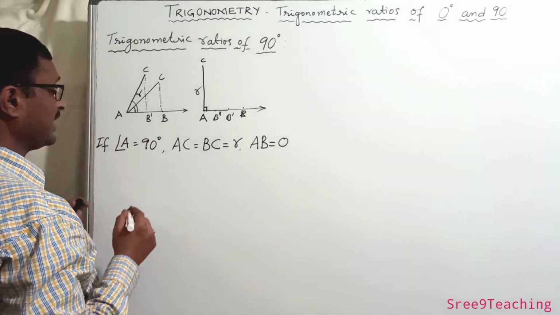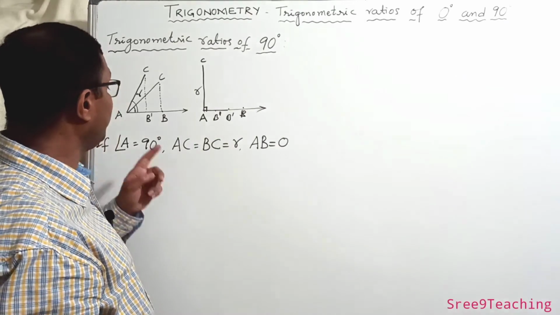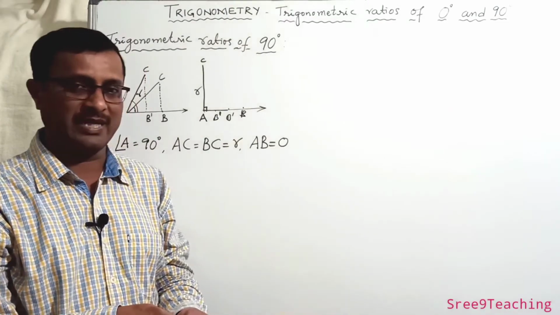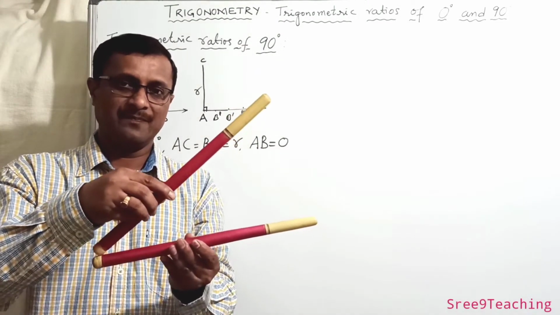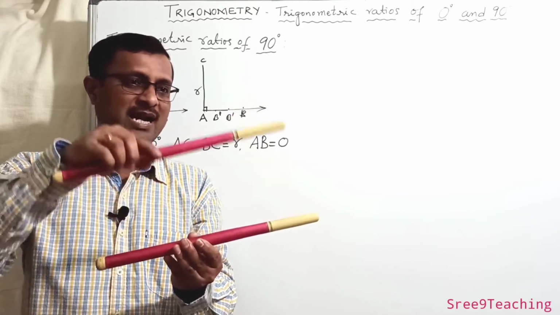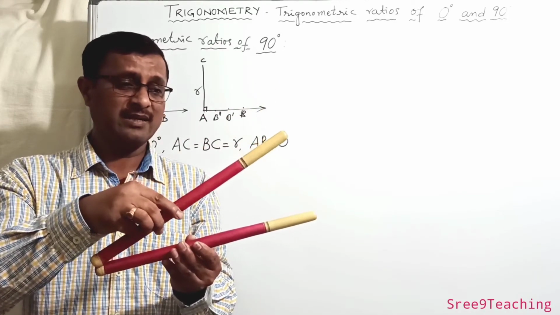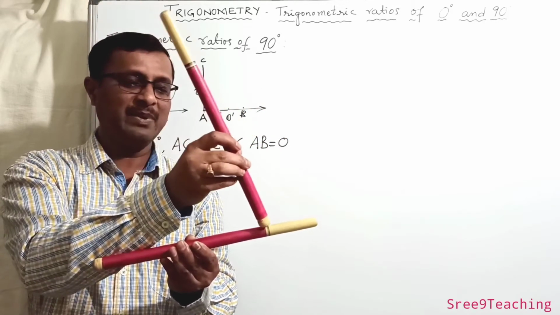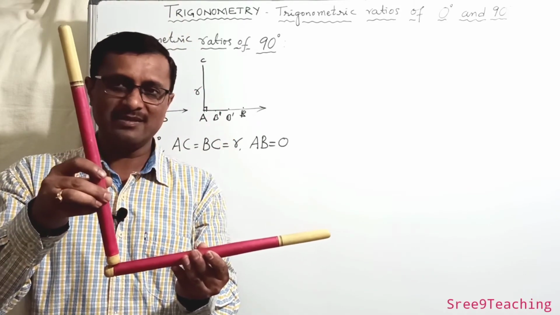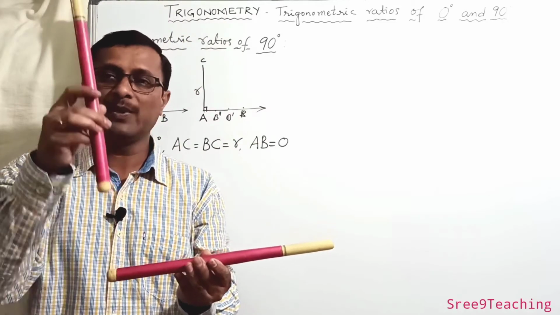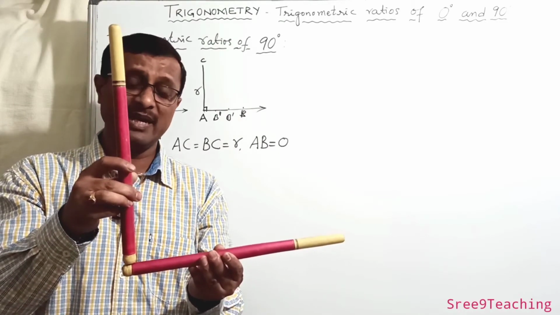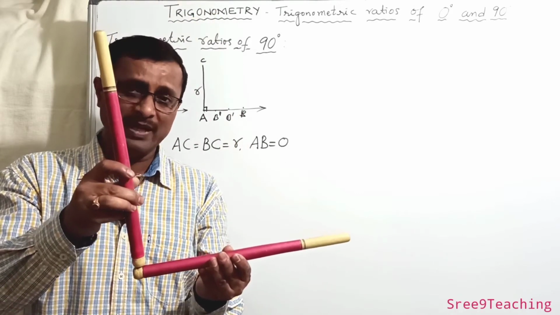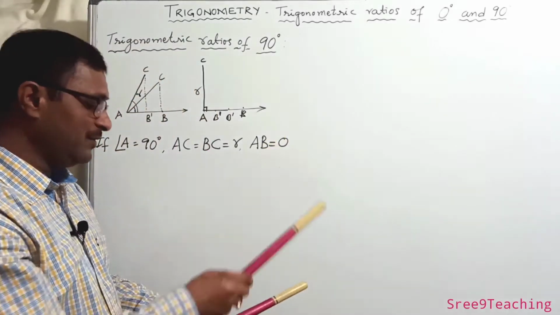Now let us find the trigonometric ratios of 90 degrees. Okay, now I'll show you this example also in the form of taking two sticks. See, it was like this. Now what is happening, this is the height. Here the height is increasing like this, and where B was here, it is moved till here, hence the height is equal to AC. How much angle is made here? It is 90 degrees. Hence B moved here, there will be no B, hence AB got 0, so AB value is 0.